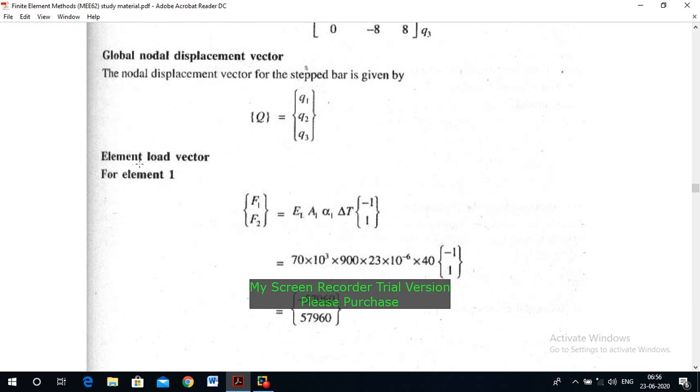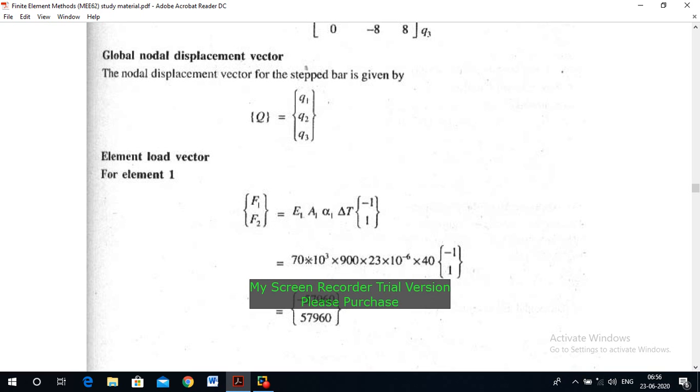Next find out element load vector. For element 1, the element load vector, because it is a thermal problem, therefore the force vector become F1 and F2 equal to, we know this formula already, F1 F2. The thermal coefficient is given, you have to use this formula for calculating force vector. Therefore F1 F2 equal to E1 A1 alpha 1 delta T times minus 1, 1, and Young's modulus value is given,